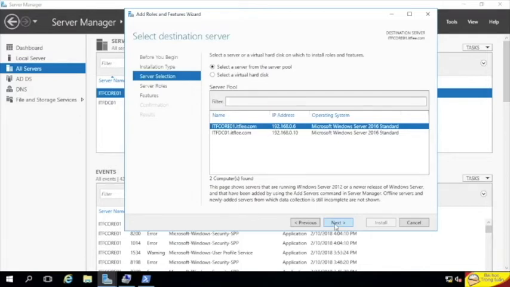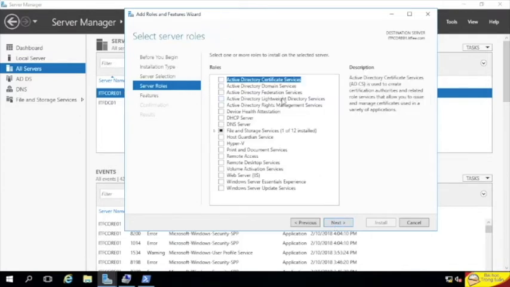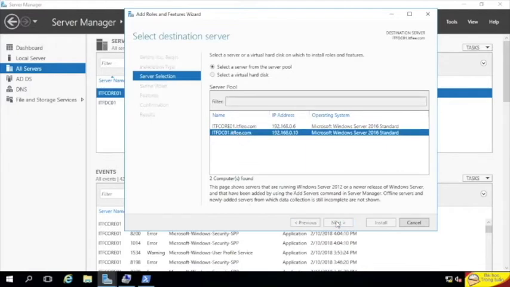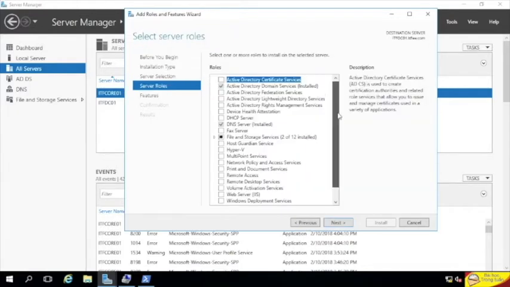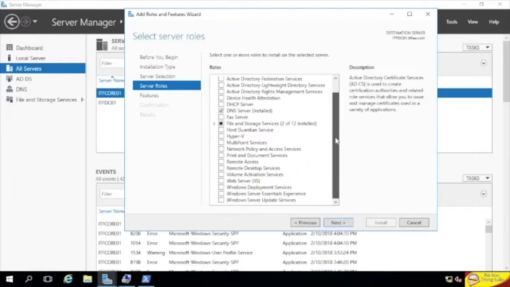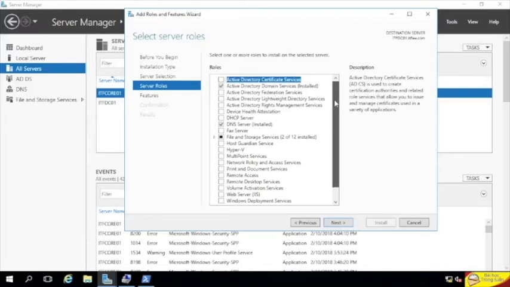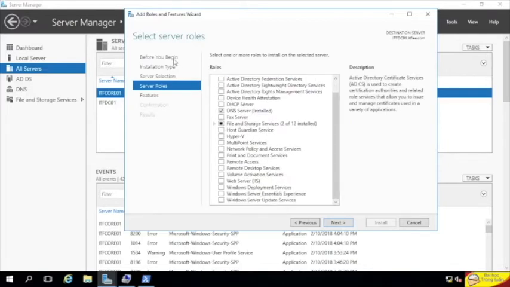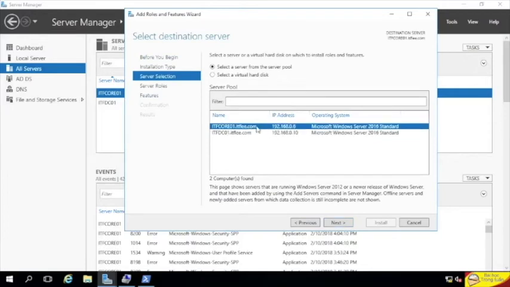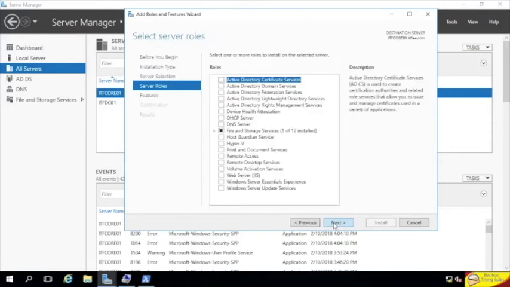Now we can click next and we can see the server roles that we can add to this server. Now you might notice that this list is a little bit shorter than what we're used to. If we go back, for instance, and click on ITFDC01 and click next, well, you can see that we have quite a bit more options. Not a ton, but there are definitely some more options that we don't have on the other server. So that's just one thing you got to keep in mind is that the core edition does not have the